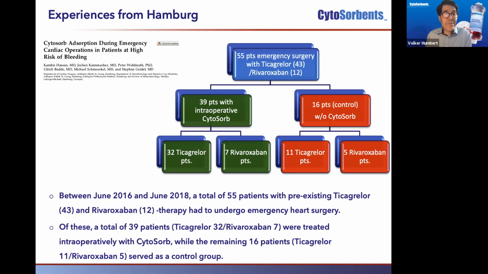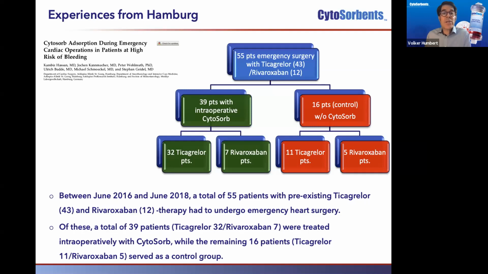Overall, they had 55 patients between 2016 and 2018. The majority of them had a pre-existing treatment with ticagrelor. However, there were also 12 patients that were on rivaroxaban before they had to have the surgery. And then 39 of them received intraoperative Cytosorb treatment, and the 16 patients who did not receive Cytosorb treatment were